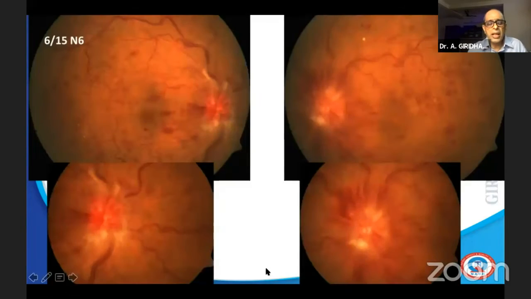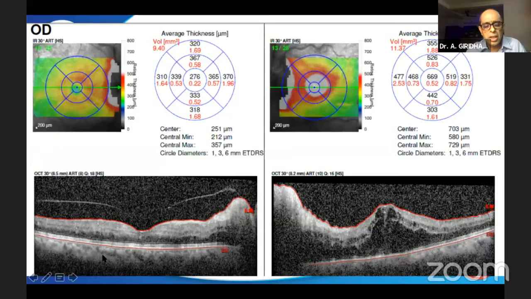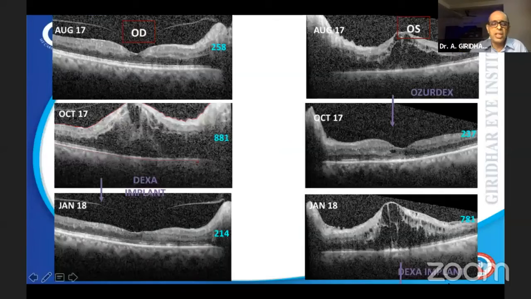This patient, again, had received a dexamethasone implant elsewhere, and this is the picture when she first came and saw me. Her visual acuity in the right eye was reasonably good because of the normal CMT. The other eye had a significant increase in central macular thickness. This patient I treated with multiple doses of DEXA implant in both the eyes. The reason why I did that is basically when you have bilateral disease, management is difficult. At least the patient gets a longer period of quiescence as far as the disease is concerned.